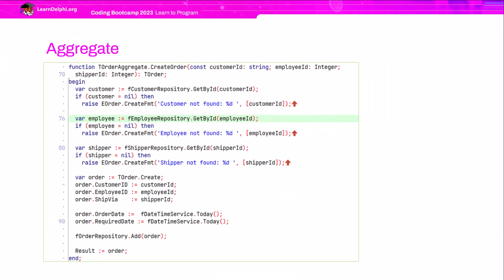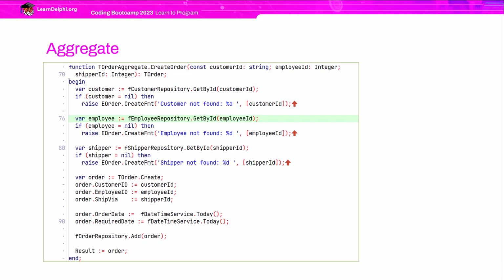The class TOrderAggregate is responsible for orders, and an order only exists if it has items. It also doesn't make sense to have items without an order. Given that they don't exist independently, they become strong candidates for being an aggregate according to DDD.